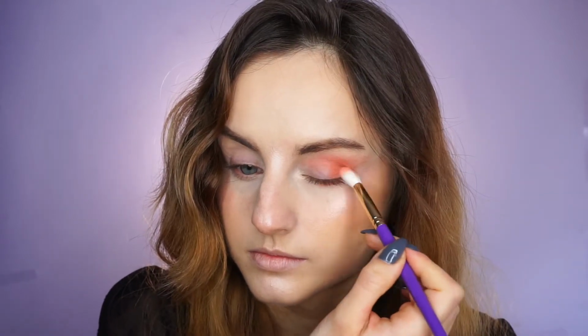So taking the shade across my outer corner and crease area. And also on my lower lash line. And I'm going to extend it in my outer corner. And I feel like warm tones are so easy to work with. They usually are very well formulated and they're easy to blend, in most palettes I've tried. I feel like this alone really makes the blue in my eyes pop,